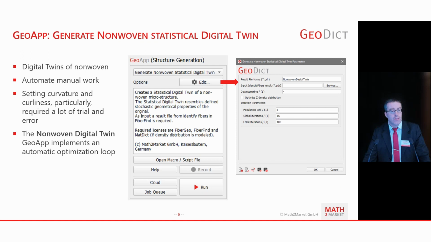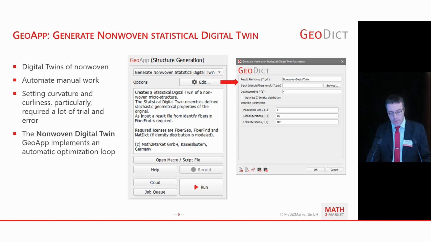The open macro and script files line gives access to see what is done inside, to have inspiration on the handling of variables and UI elements. For example, on the right-hand side, the UI with some label information, some variable handling, and so on. And then, of course, the classical run in the cloud and run in the job queue buttons.